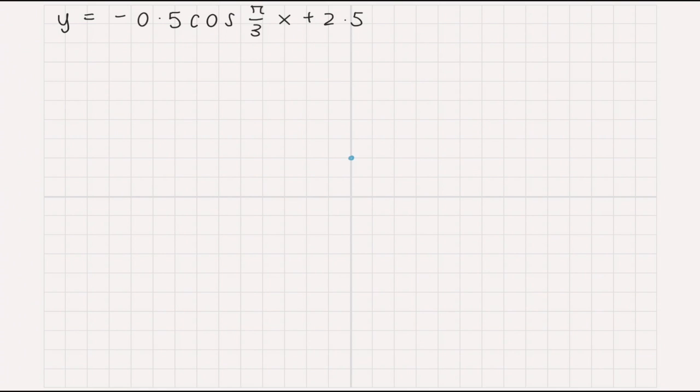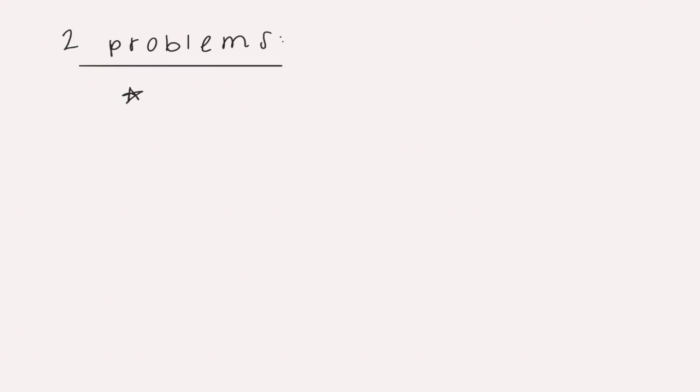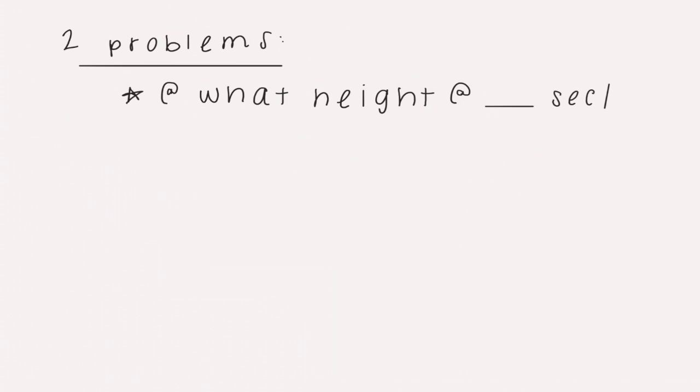So Rishi starts 2 feet off the ground at 0, then after 3 seconds he travels to 3 feet, and then another 3 seconds he travels back down to 2 feet, and so on. And then you connect the dots and you get a cosine graph. So there could be 2 types of questions asked. One asking for the y if given the x, or the other asking for the x when given the